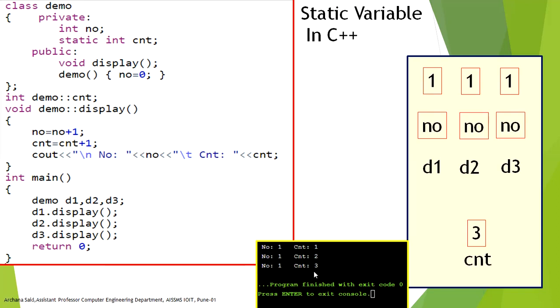As you can see in this output, all the non-static variables are listed on the left hand side, and the static variable count is from 1 to 3.